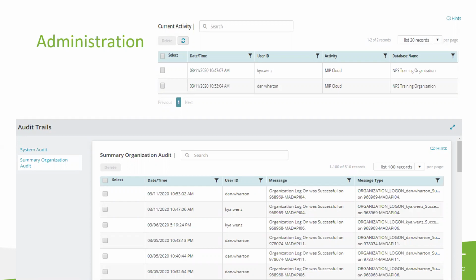All right, let's talk about administration. What sort of controls do you have inside the system? What can you automate from a user level? What sort of organizational preferences do you have, so on and so forth? So this top picture shows current activity. Keep in mind that the database name refers to the specific area that you're working in. So if I was over in AP, I would see AP1, AP-C, APM, just depending on, am I talking about cash or management, or am I talking about invoices, things of that nature.